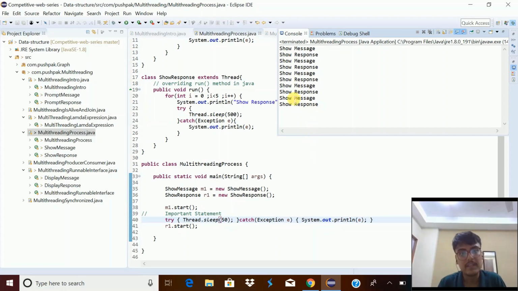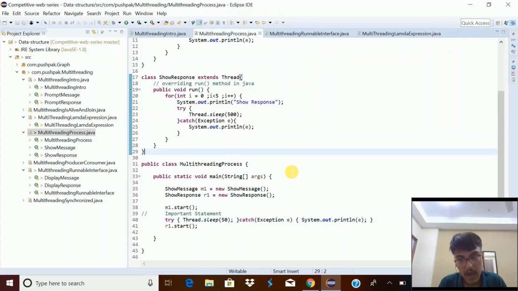You can see that I have created two threads. Two threads are executing in parallel, and that is why I am getting a response of show message, then show response, then show message, then show response. I am able to do this by using the extend thread class. One more important thing,